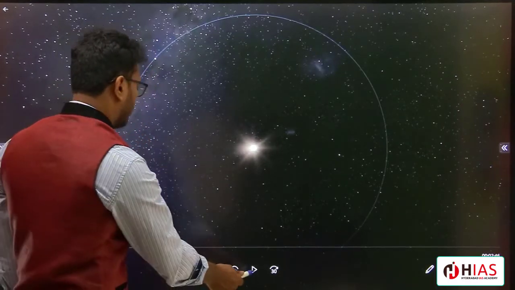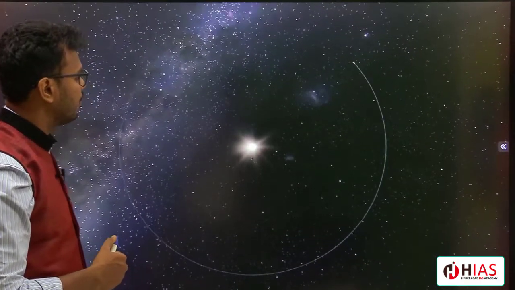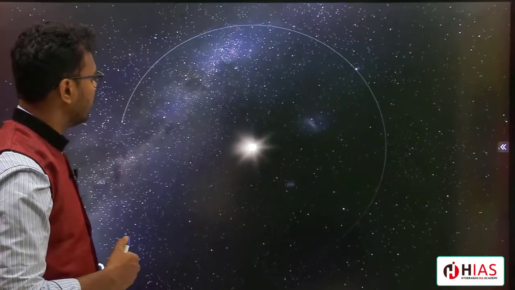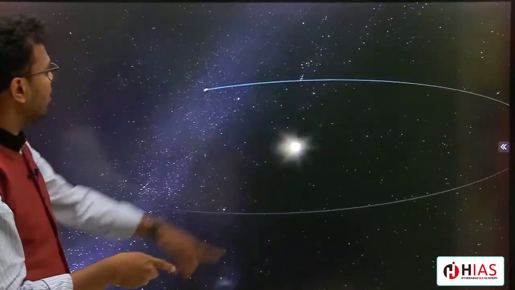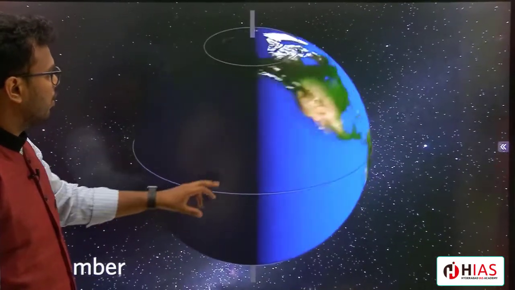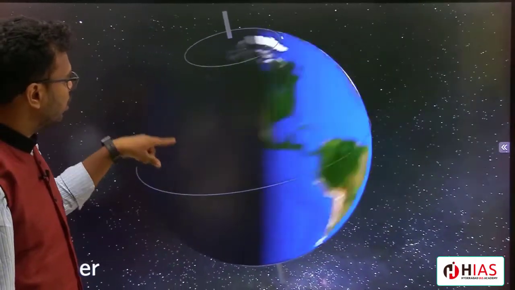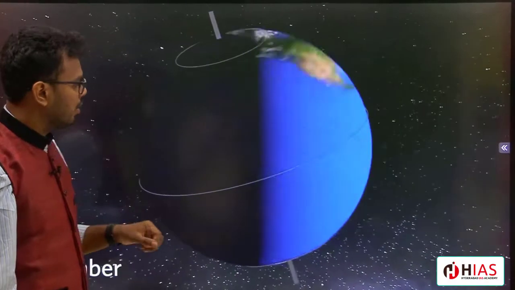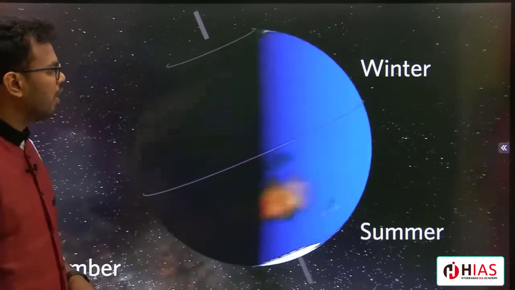I've told you rotation and revolution is also one of the reasons which causes the seasonalities. See, now here the earth starts moving. This is the orbit of the earth. This is the earth. Earth is moving around the sun. This is the rotation. Earth is moving around itself. This rotation is also the reason for the causation of the seasonalities. So, apart from rotating, it is also moving around the sun. That is nothing but the revolution.